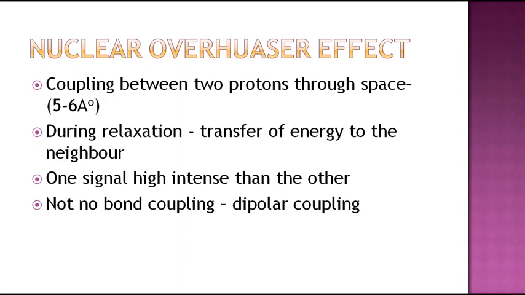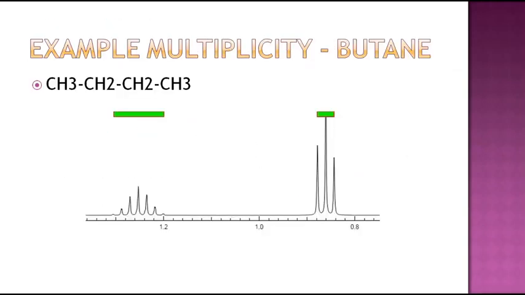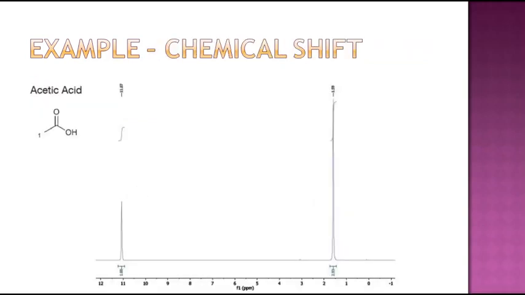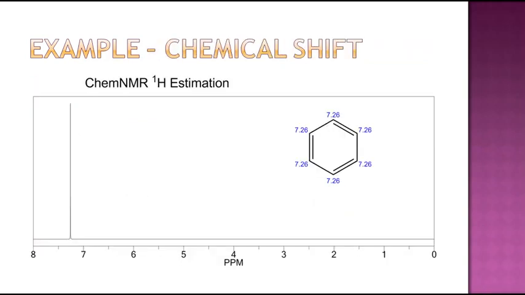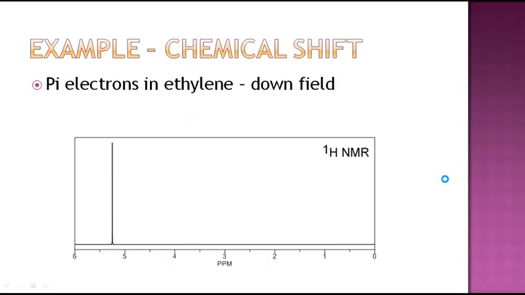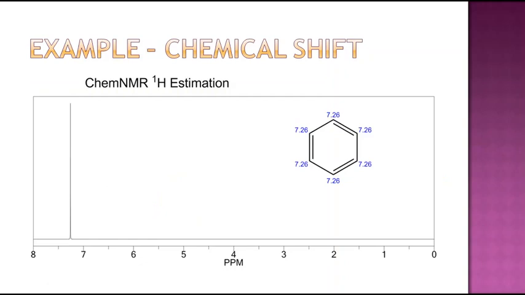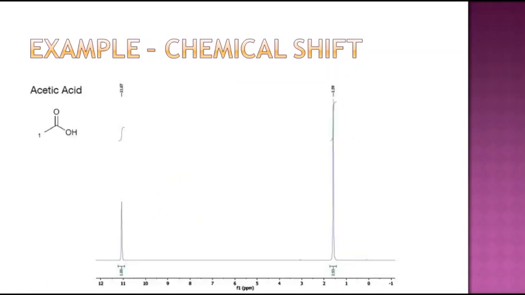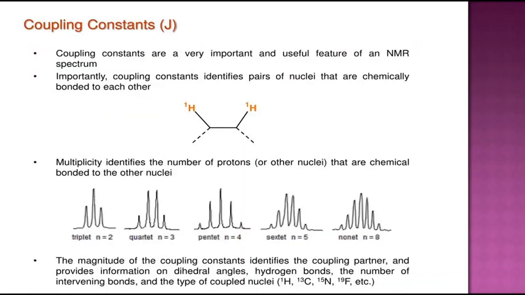And there is one more important factor in NMR, that is called the nuclear Overhauser effect. The coupling we have usually seen is through bond coupling, otherwise called J coupling, or one bond coupling, because the coupling between protons occurs through bond, that is 2 to 3 Angstrom or 4, 5, 6 Angstrom, whatever that is. When the protons are connected through bonds, then this type of coupling will occur. This coupling we usually see in NMR.